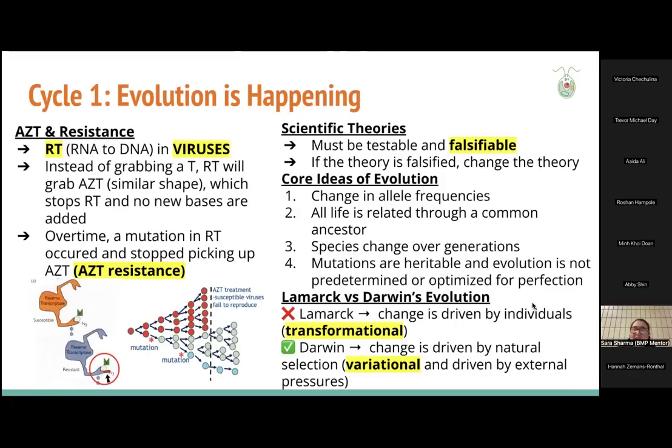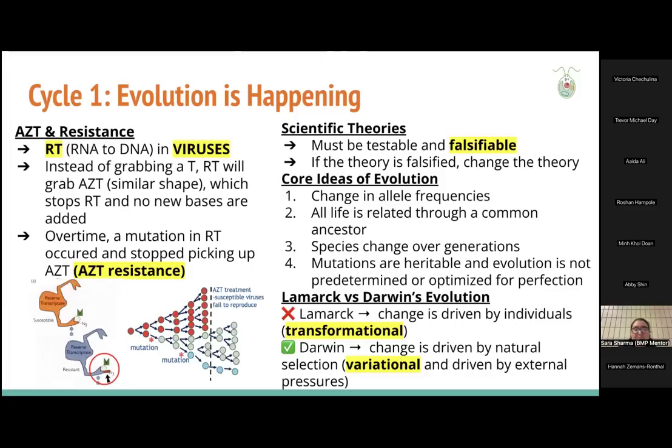But over time, what happened is that reverse transcriptase got a mutation where it stopped picking up these AZT molecules, which made it very resistant to the AZT. Now, it's important to note here that the resistance does not occur because of the introduction of AZT, because mutations are random. They occur at any time. So it's important to note that this mutation did not occur because AZT was introduced. As you guys can see in the picture there, you have the resistant form of reverse transcriptase as well as the